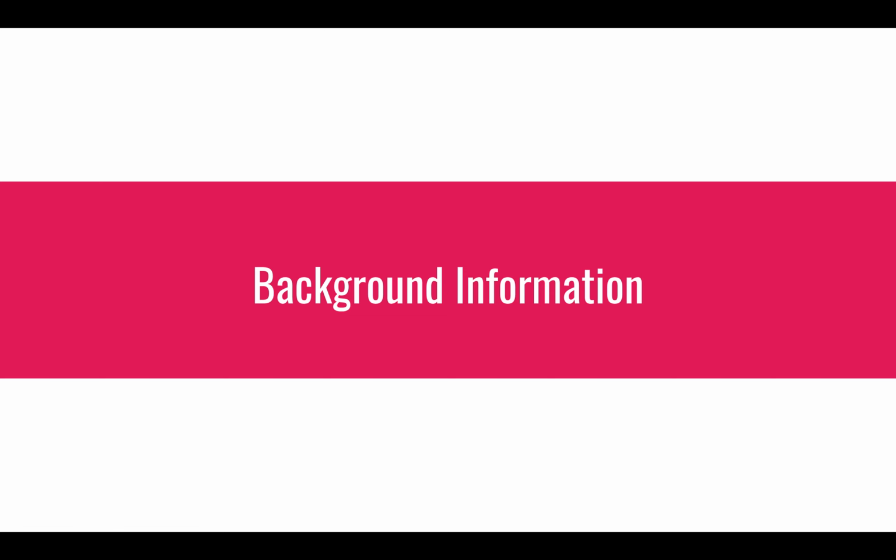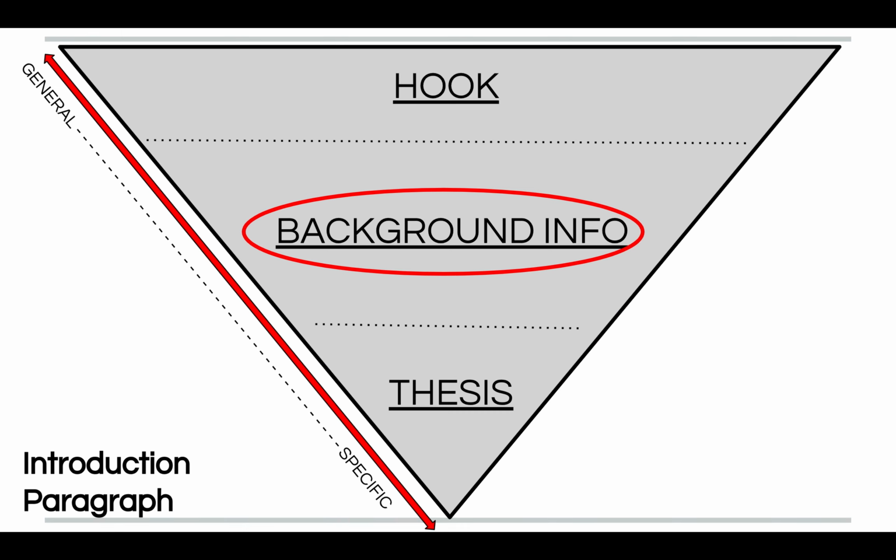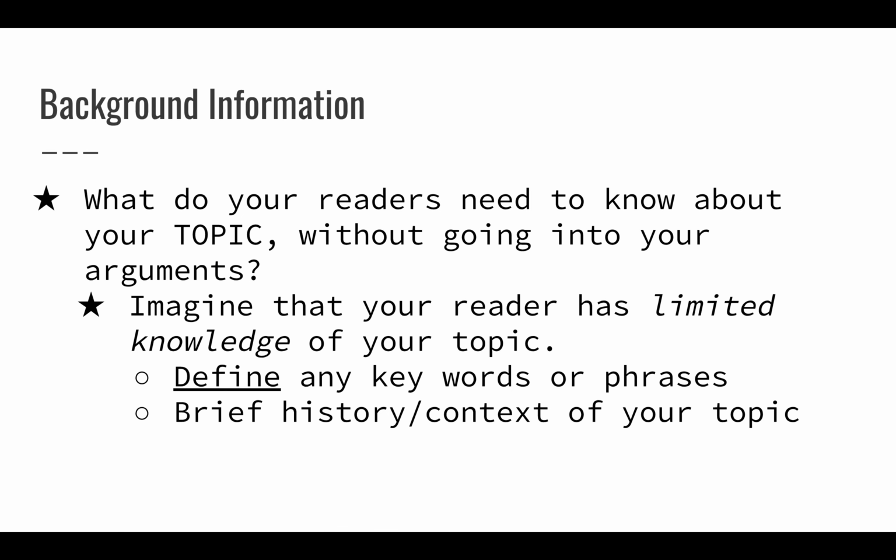The next thing, background information. Okay. What is background information? Background information is basically what do your readers need to know about your topic without going into your arguments. Okay, same thing. We're not mentioning our argument yet. Okay, you're not mentioning it at all yet. Imagine that your reader has limited knowledge of your topic, so you can define any keywords or phrases, give a brief history or context of your topic. Okay, so